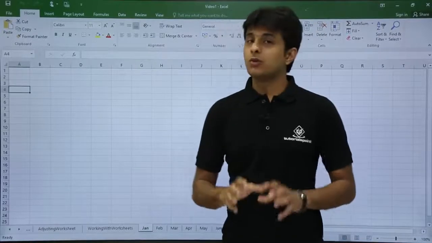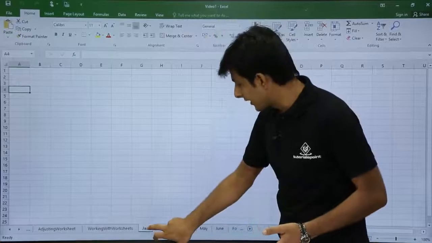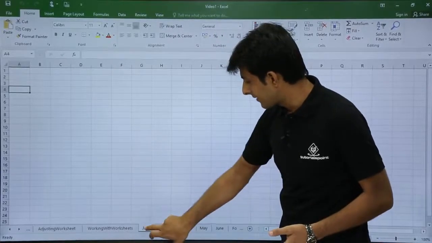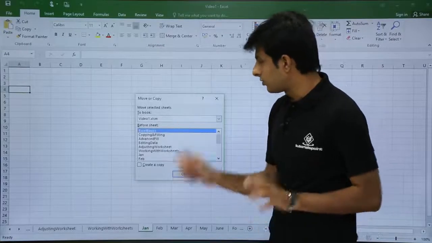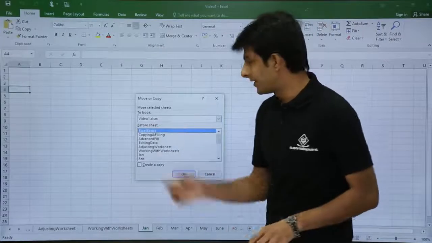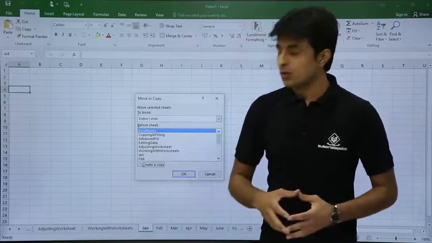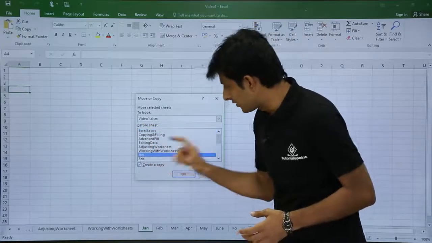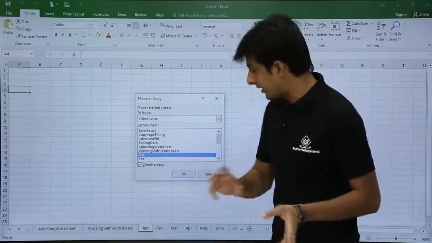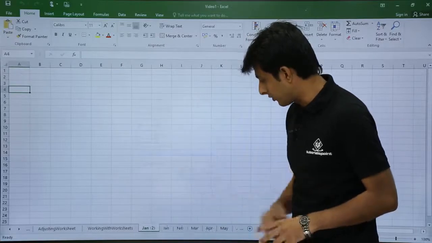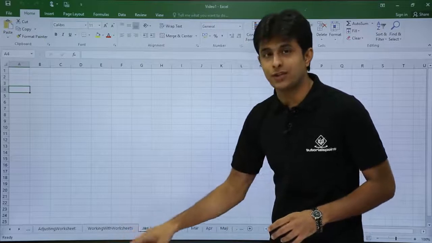Similarly, if I want to copy the sheet in the same file, how do I do that? Right click on this Jan, move or copy. Now, I want to copy this sheet into the same file, that is video 1 file, and I will select create a copy. Where is the location you want? I will say I want a location on this Jan. So, a copy of the Jan sheet will be created before this Jan. Let us see, a duplicate sheet will be created. I will click on OK. Now, you see there is a Jan 2. So, there is a duplicate sheet which is created.